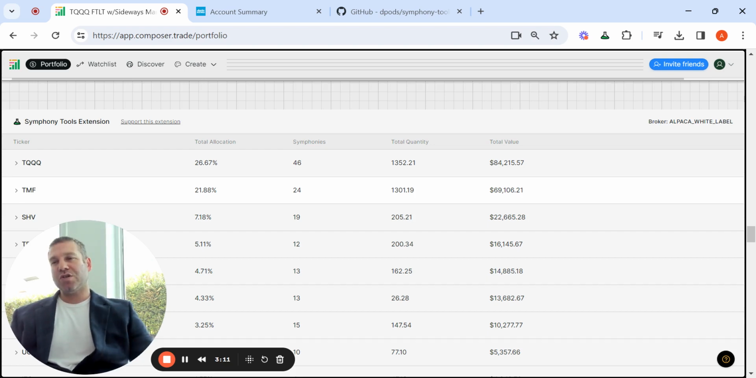So what you could do is you could go in and either edit those particular symphonies, replace TQQQ with another ticker, or you could liquidate those symphonies. But again, before this, I was essentially flying blind, right? Because I wasn't aware of the aggregate holdings. So kudos to dpods for creating this. And I want to show one other really cool feature,